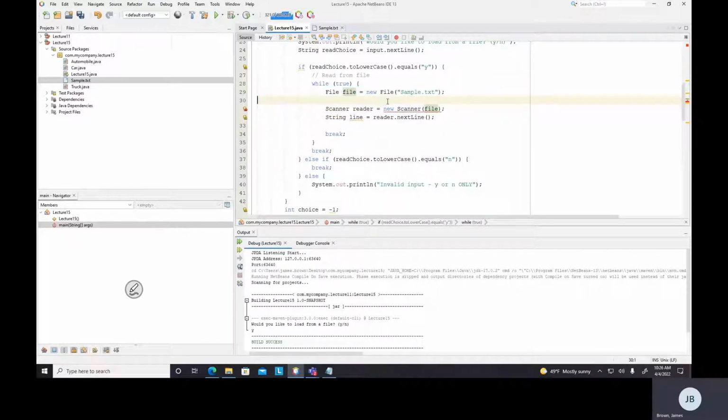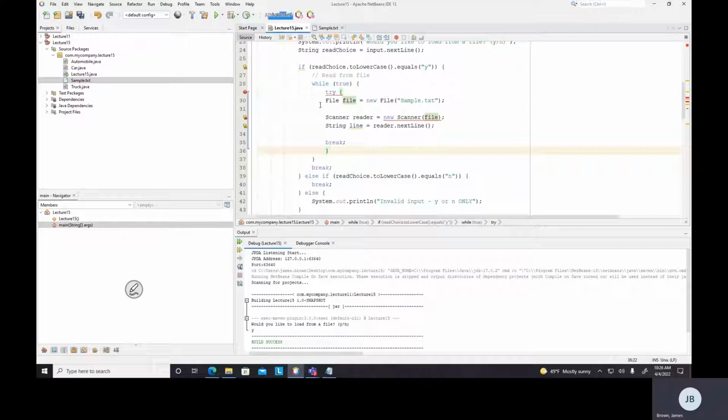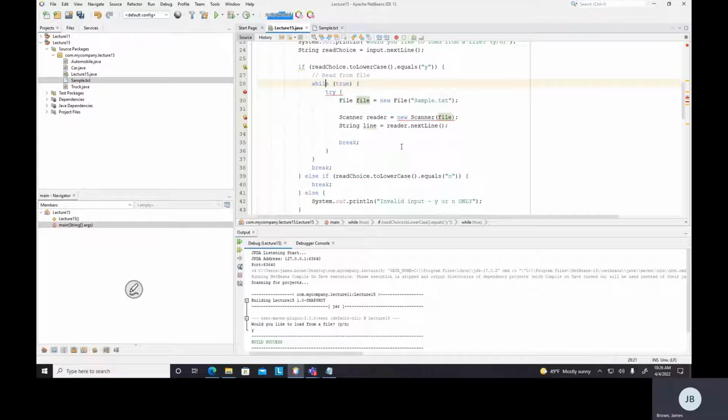So what's going to happen is I'm going to try this stuff. Okay, so try to do this. Everything works as expected. Break this while loop. However, if we catch a file not found exception, ex,